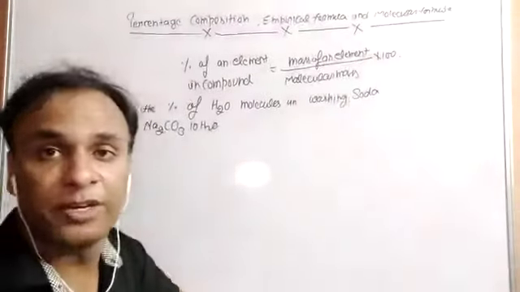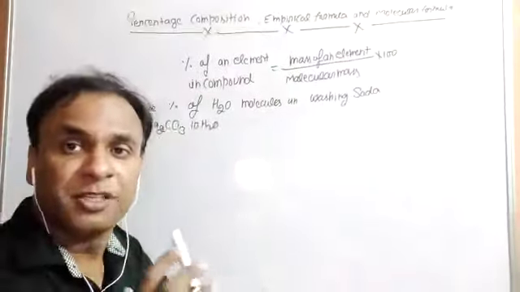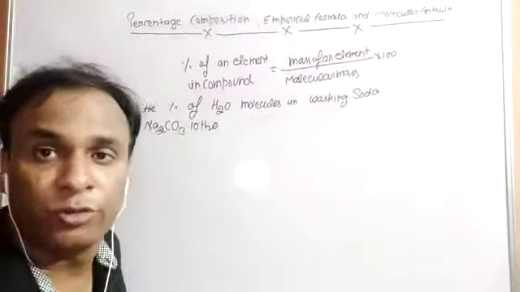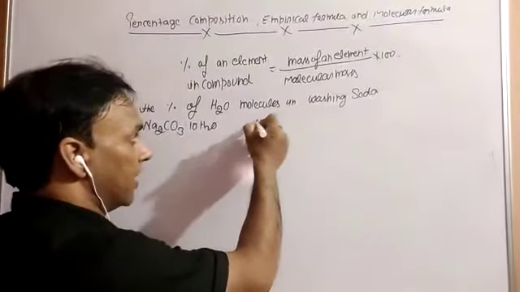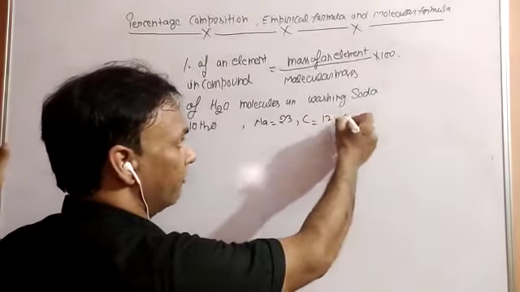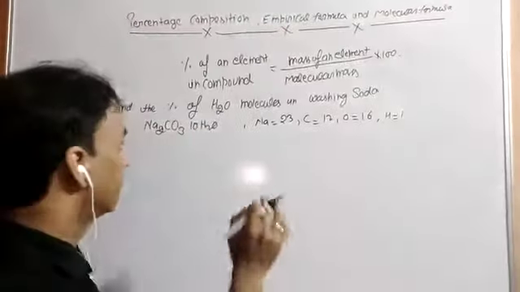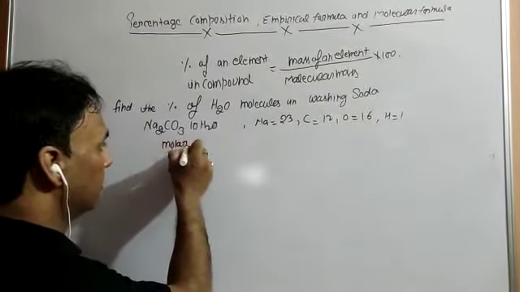Here you have to calculate the percentage of crystalline water molecule. In order to find the percentage of any molecule in a compound, first of all you have to calculate the molar mass of the compound. Clear? Here the atomic mass of sodium is 23, carbon 12, oxygen 16, hydrogen 1. Now the molar mass: